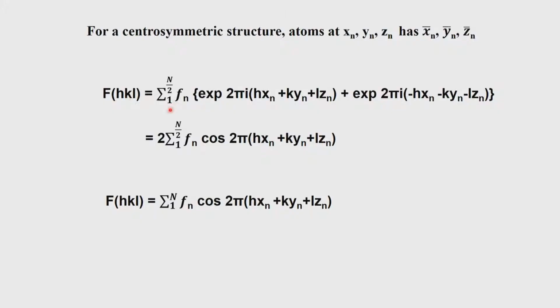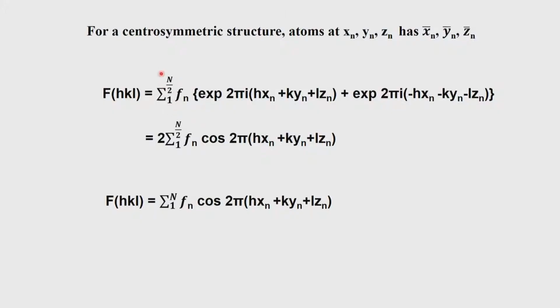So, if it is P1 bar, these are the only 2 positions, but if you go to higher systems like P21/c and so on, you will get other equivalent positions, but the common factor is that we have xn, yn, zn and minus xn, minus yn, minus zn, which therefore defines our center of symmetry to be at the origin. If the center of symmetry is at the origin, then F of HKL is sum over 1